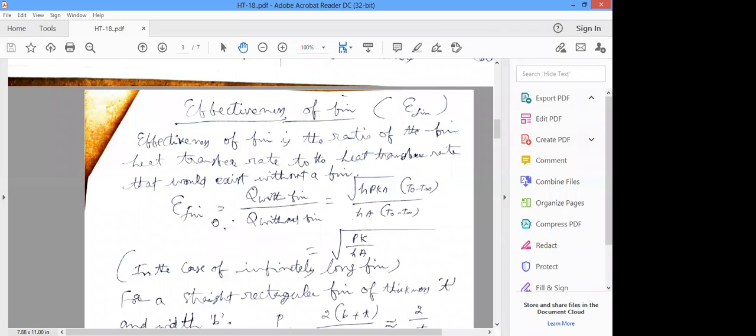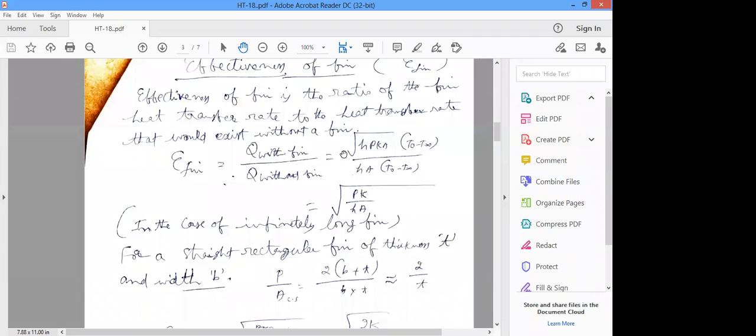So how do you calculate the effectiveness of the pin? Heat transfer rate with the pin divided by heat transfer rate without pin. Effectiveness is the ratio of the heat transfer rate through the pin to the heat transfer rate without pin. For a long pin, how do you calculate the heat transfer rate? Root hPkA into T naught minus T free stream, divided by